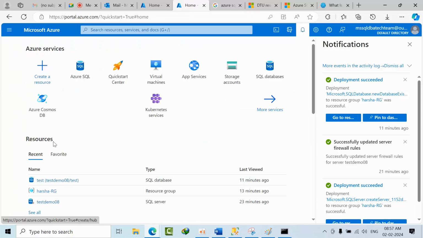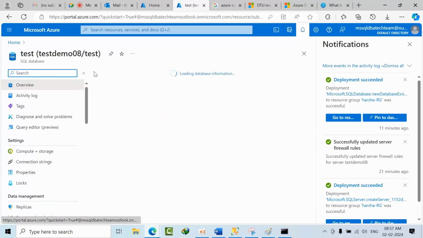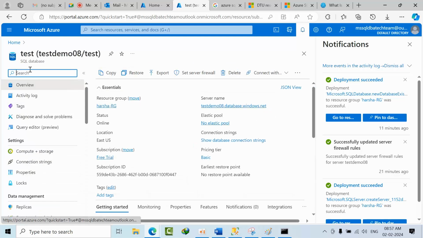Now I am going to create one more SQL server database.